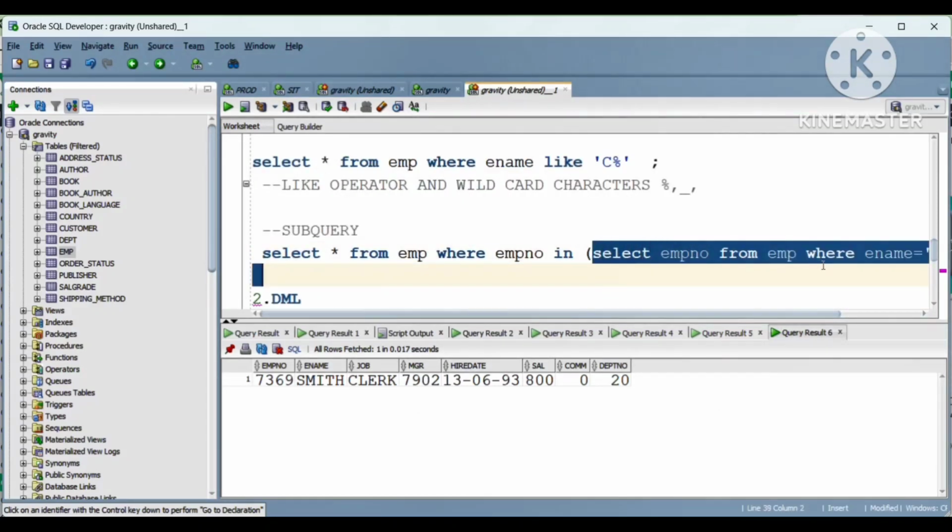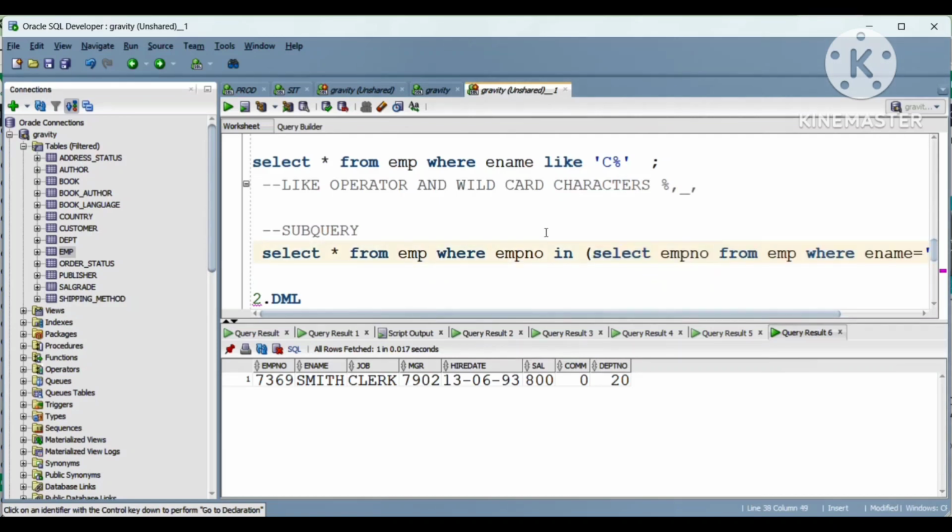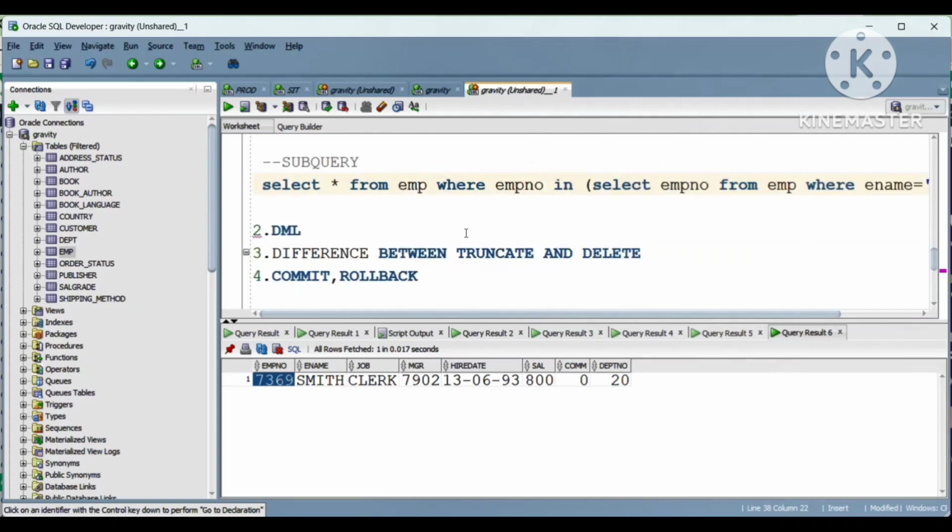So basically this is the subquery concept, where in some other table only employee number is there and some other data is there. Okay, so if I want to see what is there in the employee table for this employee ID, then I can use subquery also in the in clause. Okay, all those employee IDs will come. Next,